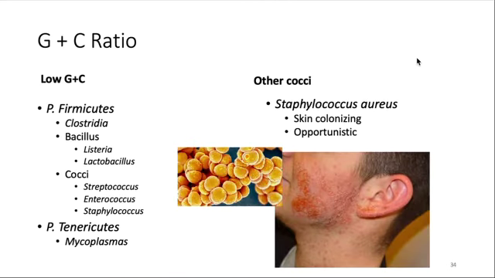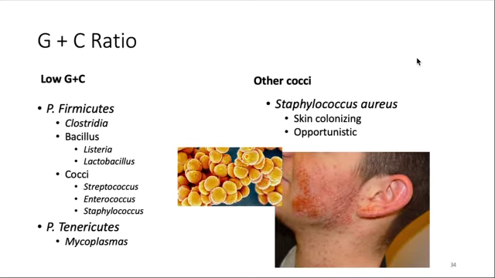The last cocci that we'll look at will be Staphylococcus aureus. They are normal microbiota of the skin, in addition to Staph epidermidis. Then they are also able to survive environment with very high osmotic pressure, so environment that has a lot of salt in there. So in the nostrils and all that, we have a lot of Staph aureus there because they're able to survive environment with high osmotic pressure, even up to 15%